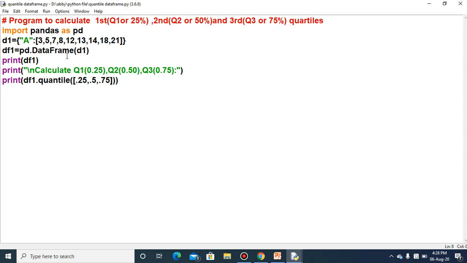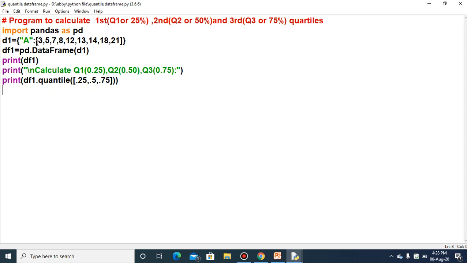So here I have taken one data frame with one column and many rows, which are the values for this particular column: 3, 5, 7, 8, 12, 13, 14, 18, 21. How many numbers? 1, 2, 3, 4, 5, 6, 7, 8, 9.